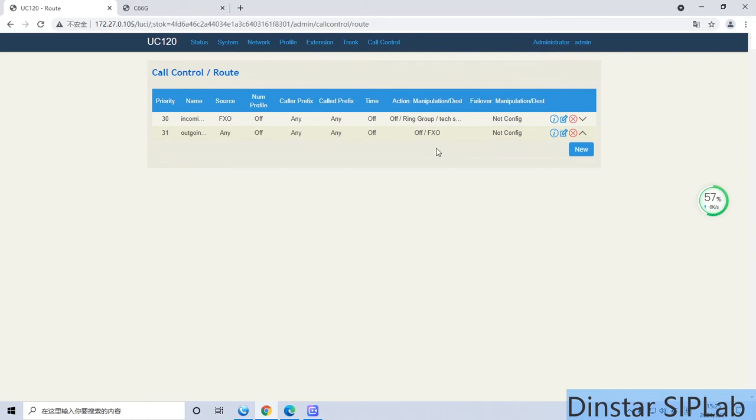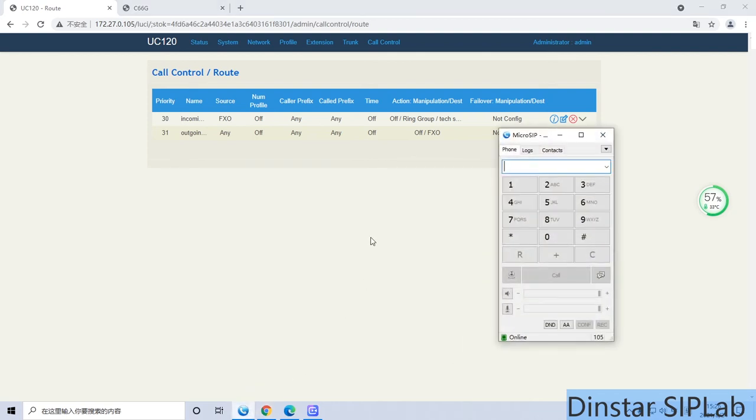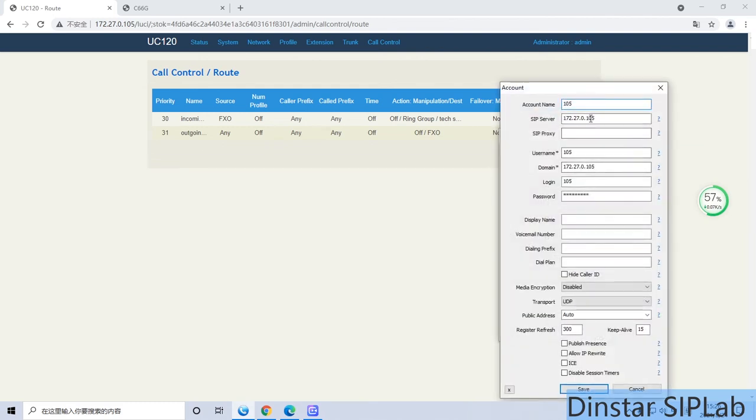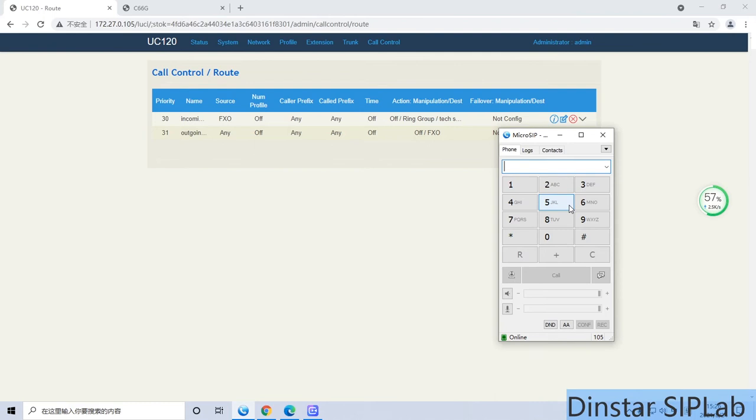After that, your ring group is set already. Actually, before the test of the incoming call and outgoing call, you can test internally. For example, we set the phone here. I registered the phone already, the thresholds are set already. Then you can set